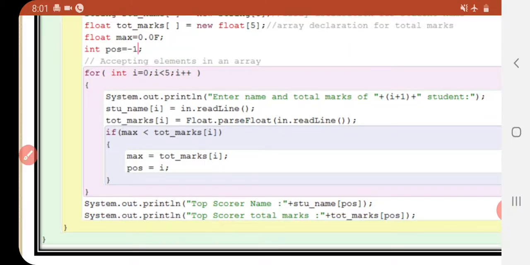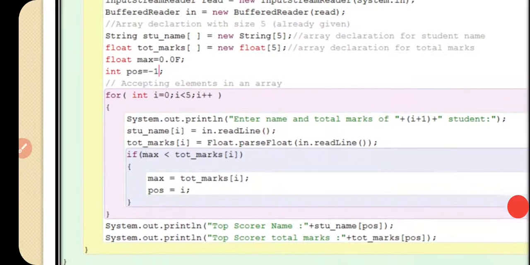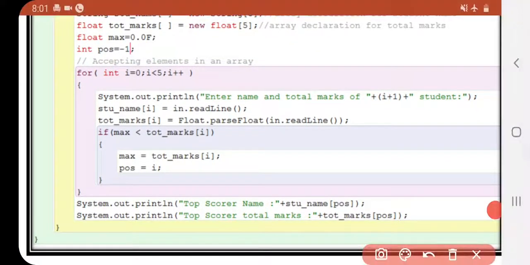And then see what happened. In this loop I am going to use a few lines of code also. See what code I am using. These codings. First of all, my aim is to search the top scorer. Top scorer means we have to see the marks. Tot marks provide us one by one the values we are having of 5 students. See, tot marks one by one is going to provide us the marks of a student.